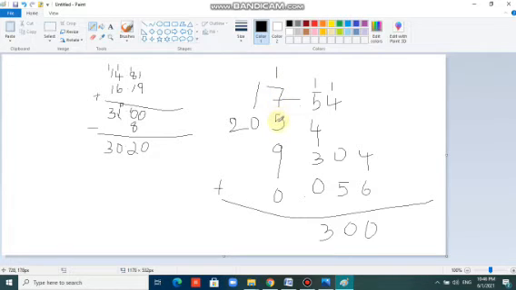And 5 plus 5 is what? 22. So I carry my 2. Am I correct so far? Yes. So 1 plus 2 is 3. And we just carry down our 2 here. So the answer is